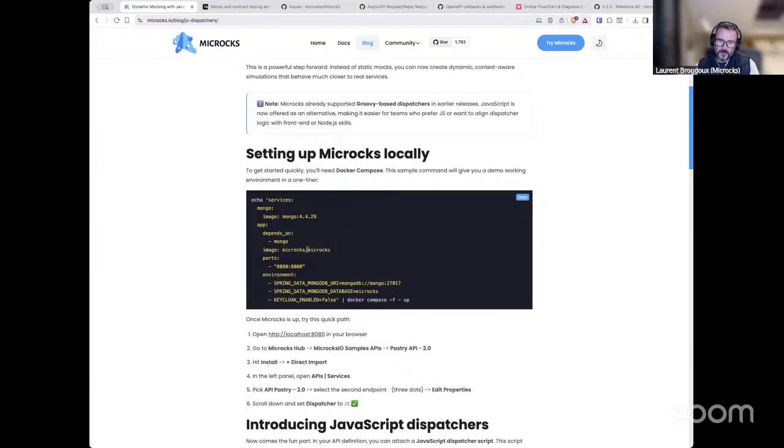Exactly. And by the way, Yassine, I think we could also update this blog post so that here we wouldn't use the regular image of Microcks, but the native one. That would demonstrate the benefits, because you can have the best of both: the fast startup and reduced memory footprint of the native image, and all the dynamic capabilities the JavaScript engine brings.